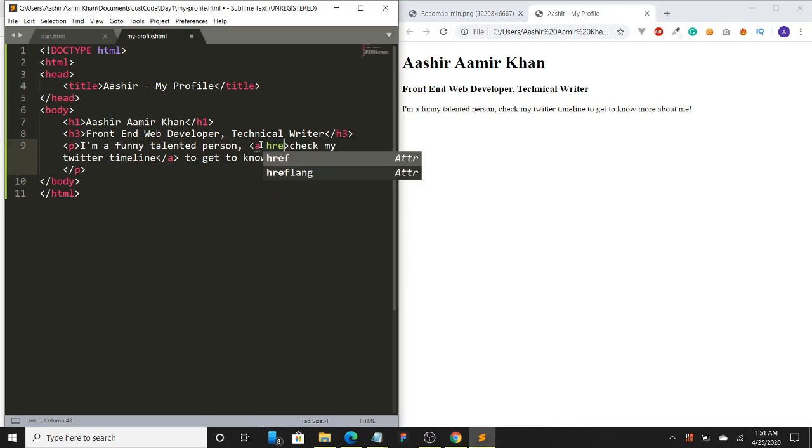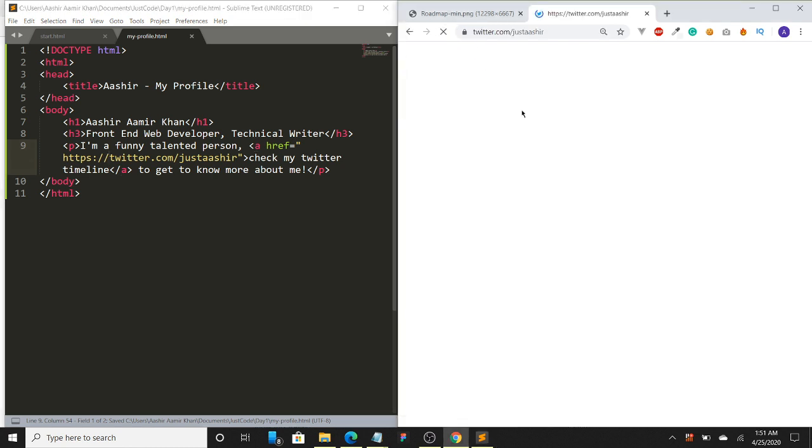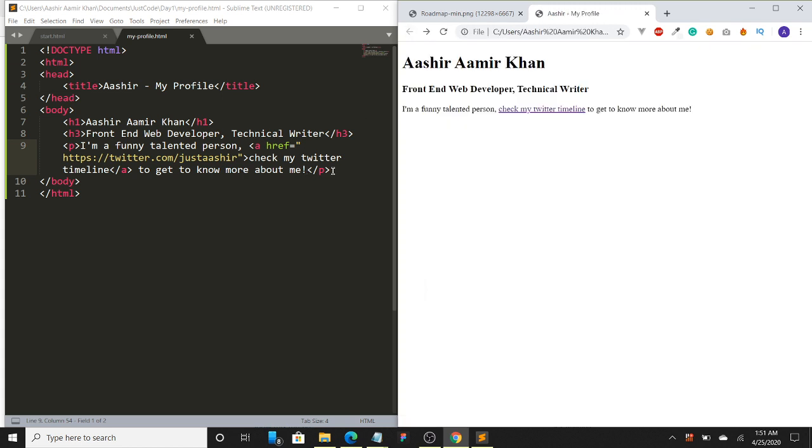So we should provide the information. It should go to twitter.com/justashir, my URL. Okay, it will not work because we are not providing the HTTP or HTTPS protocol. This will work now. So check my Twitter timeline, and this is working now. Okay, so let's put an H4 here